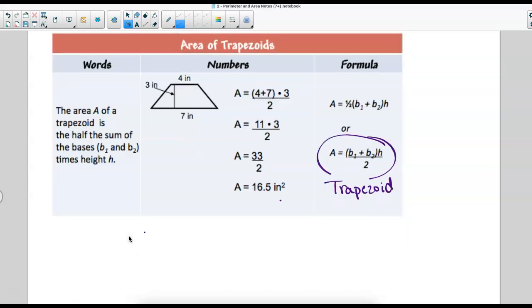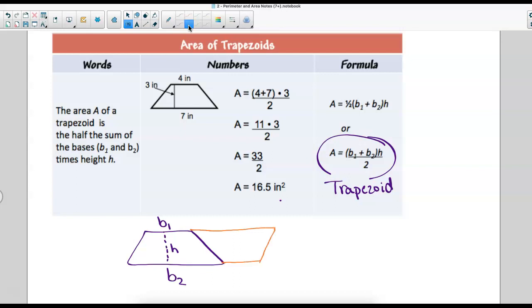If I have a trapezoid, like this, a trapezoid always has 2 bases. We're going to call them base 1 and base 2. And then it always has a height, and the height is always between the 2 bases. Okay? Now if I take a second trapezoid and I put it next to it, like this,